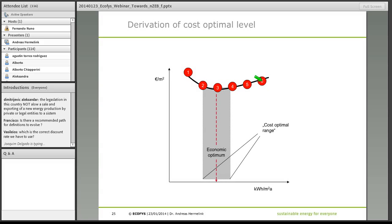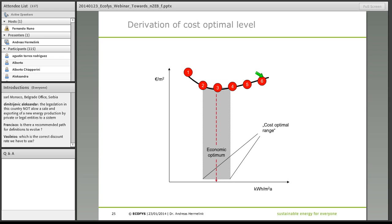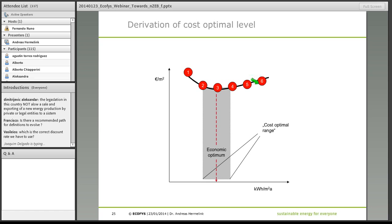So you add both up, and here in the case of 6, you have a very poor building which has low investment cost probably and very high energy cost. Then you invest some more money, and you overcompensate this additional investment by the additional energy savings, which reduces your total cost. This goes on until 4, and finally you reach a point where your additional euro of investment in